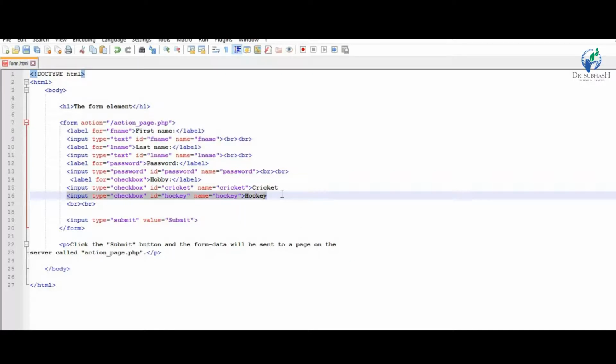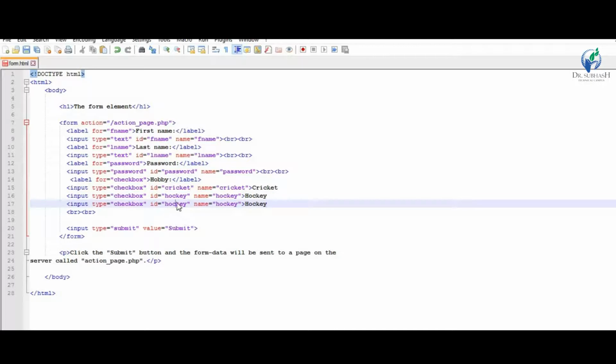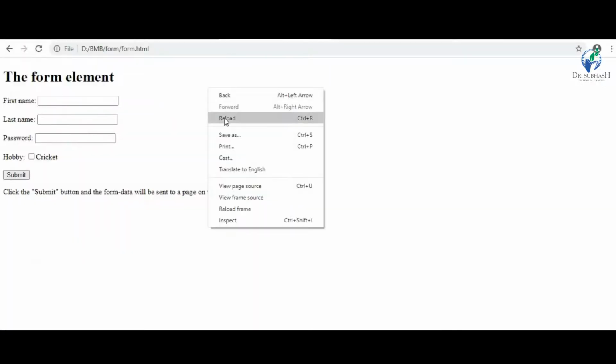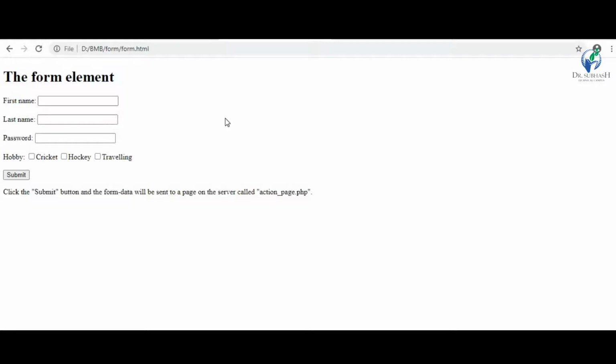Third one is, for example, traveling. Save this file and execute this file. Then you got the checkboxes: cricket, hockey, traveling. A checkbox is used whenever you have to select more than one option.